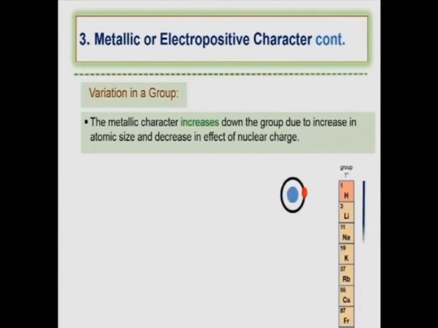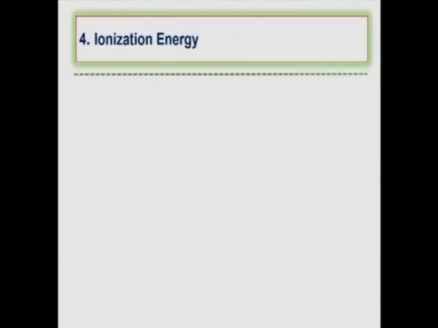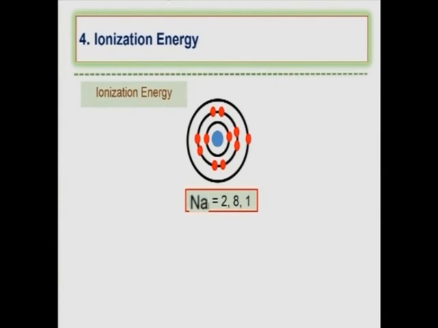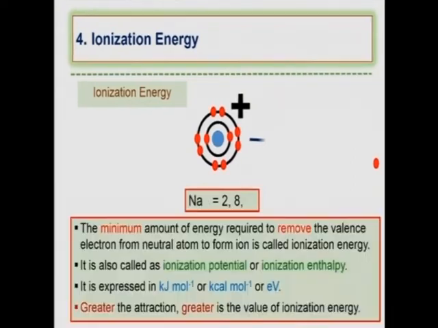The fourth property is ionization energy. So what is ionization energy? Before I define it, let's simply see the structure of sodium. Sodium has one valence electron. Because it has one valence electron, there is a possibility for the sodium atom to lose one electron. When it loses one electron, it becomes